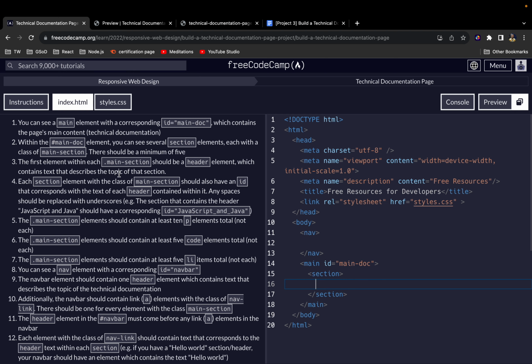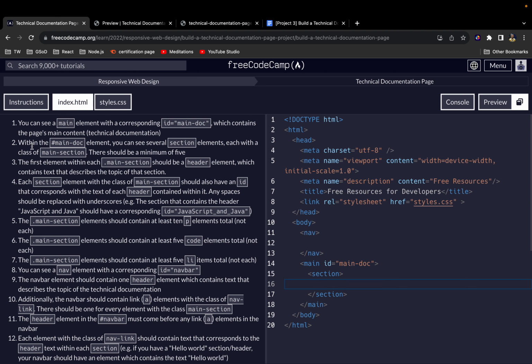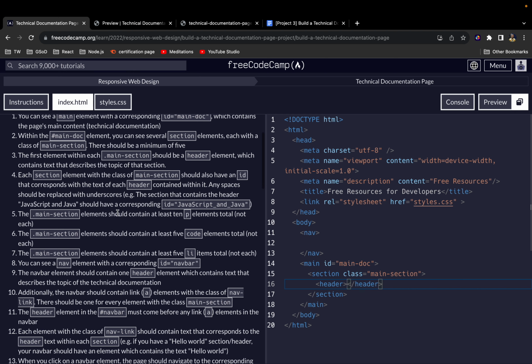and the first element within each. Okay, so each with a class of main-section. Each of our sections should have a class, and the value of the class is going to be main-section. Now the first element within each main-section should be a header element. So let's add a header element. We have our header element here,